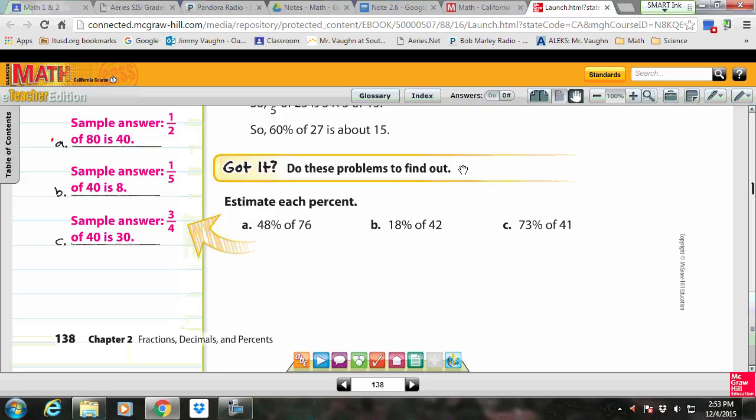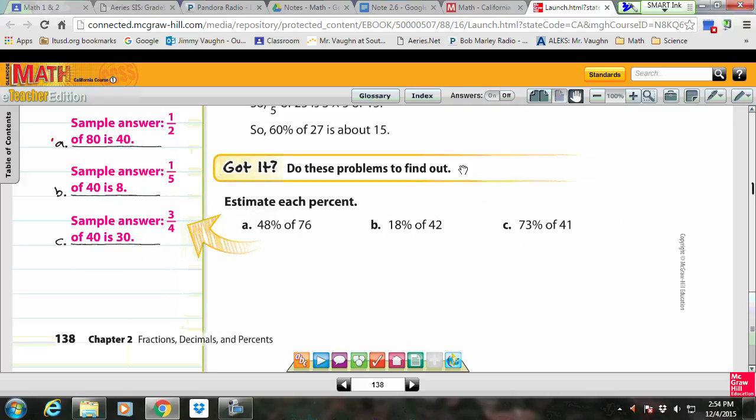And I like this because they give you a little bit more explanation than just the answer. So 48% of 78 is about 40. 18% of 42 is about 8. 73% of 41 is about 40. I don't want to take up all your time and do all of those, but let's take a look at